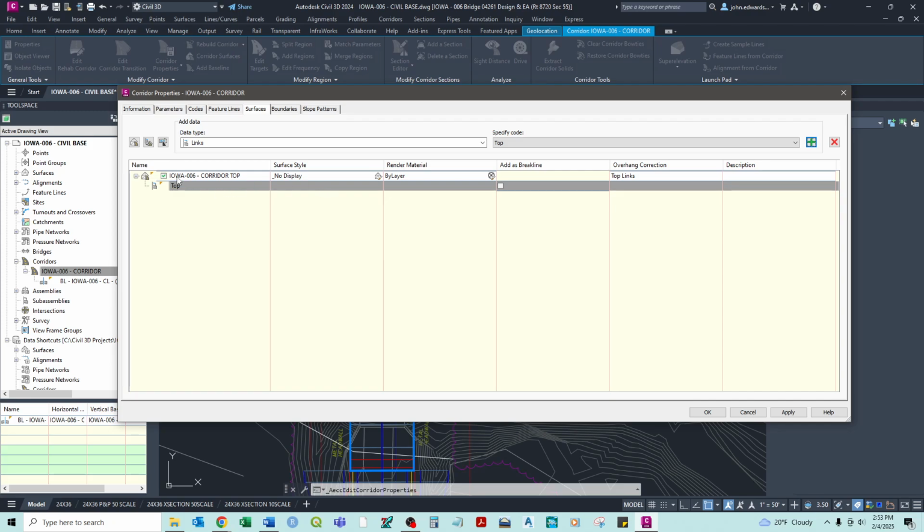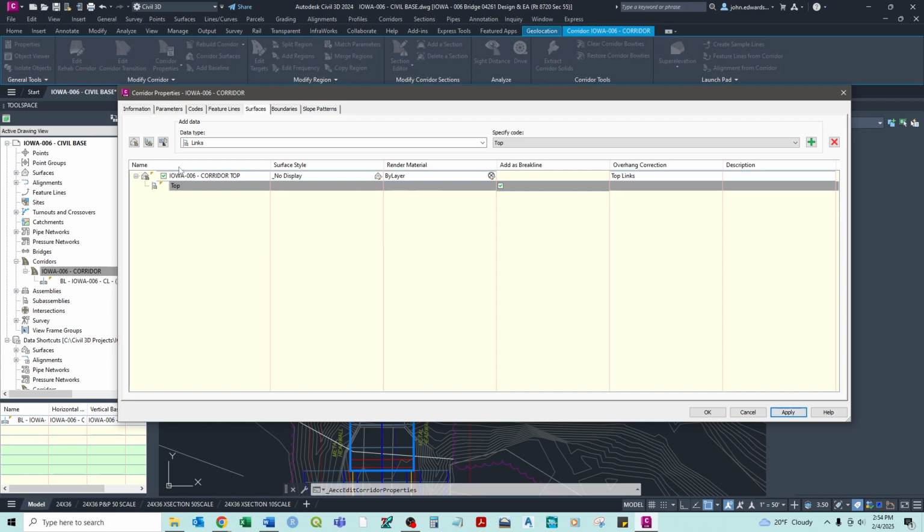and now we have our surface, and then this is the links that it uses to create it. We also want to check this button to add as a break line, and this will be important, and this is very important when you're thinking about especially a curved alignment. But as a straight line, it's still important, and it basically says the outer bounds of the corridor are automatically added as a break line for the surface, and so it doesn't try to extract data from outside of that boundary. So we're going to hit apply,